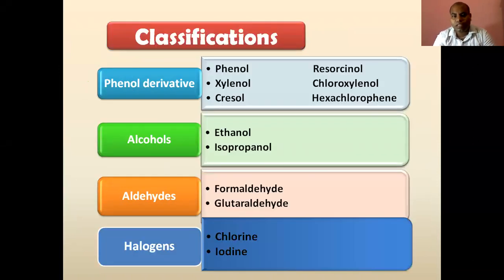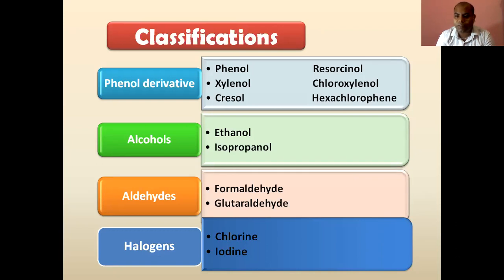Now, from this point, we will study the classification of antiseptic and disinfectant. I haven't classified according to antiseptic or according to disinfectant. I just classify them according to the structure or the general formula of the individual structure. So widely they can be divided, first, as the phenol derivatives. Phenol is an aromatic compound. It has the hydroxy group over benzene. It is called phenol.